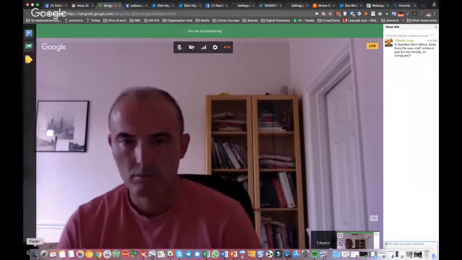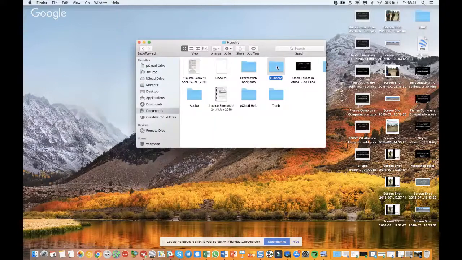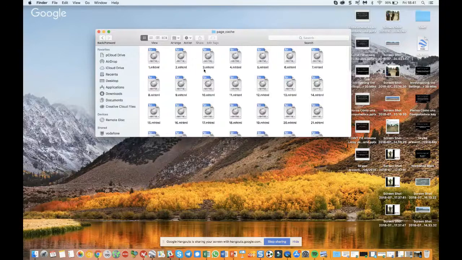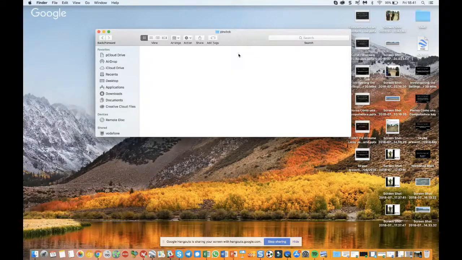If I go to my files, for example, here, and then I go to Documents, and Hunchly, sorry, and then page cache. So it's going to store the different pages. There should also be screenshots as well. There might be some. I need to update the version.